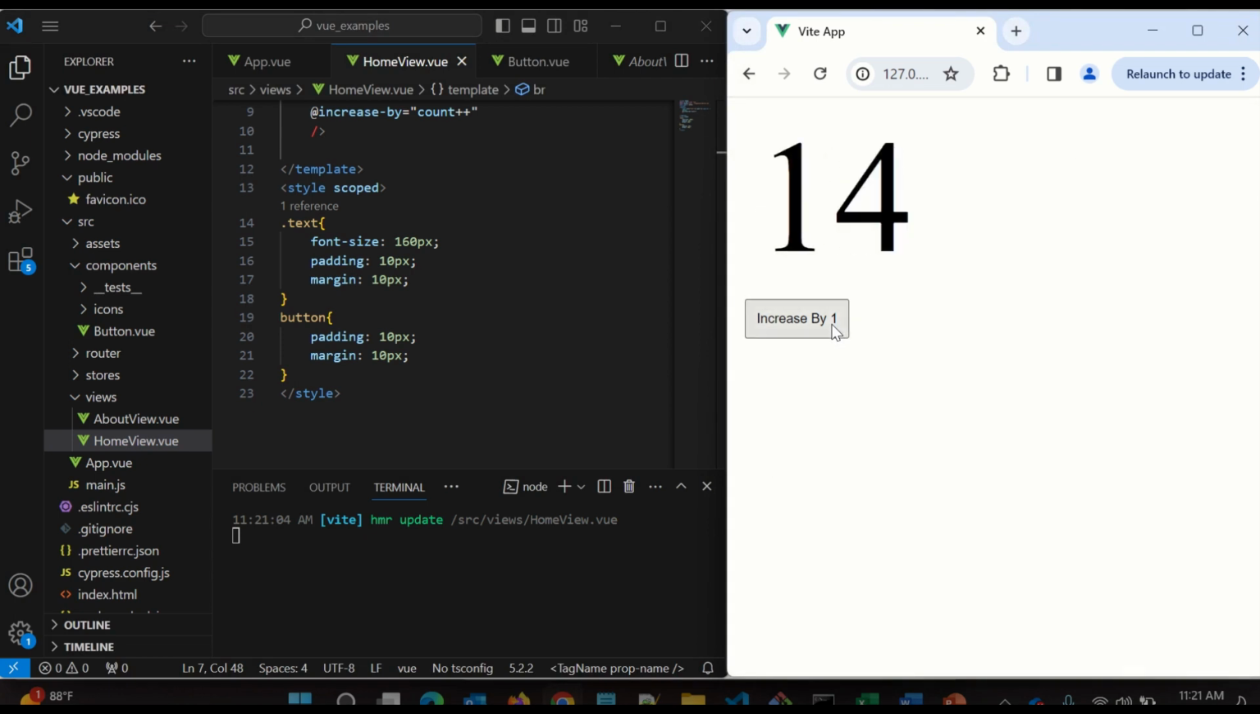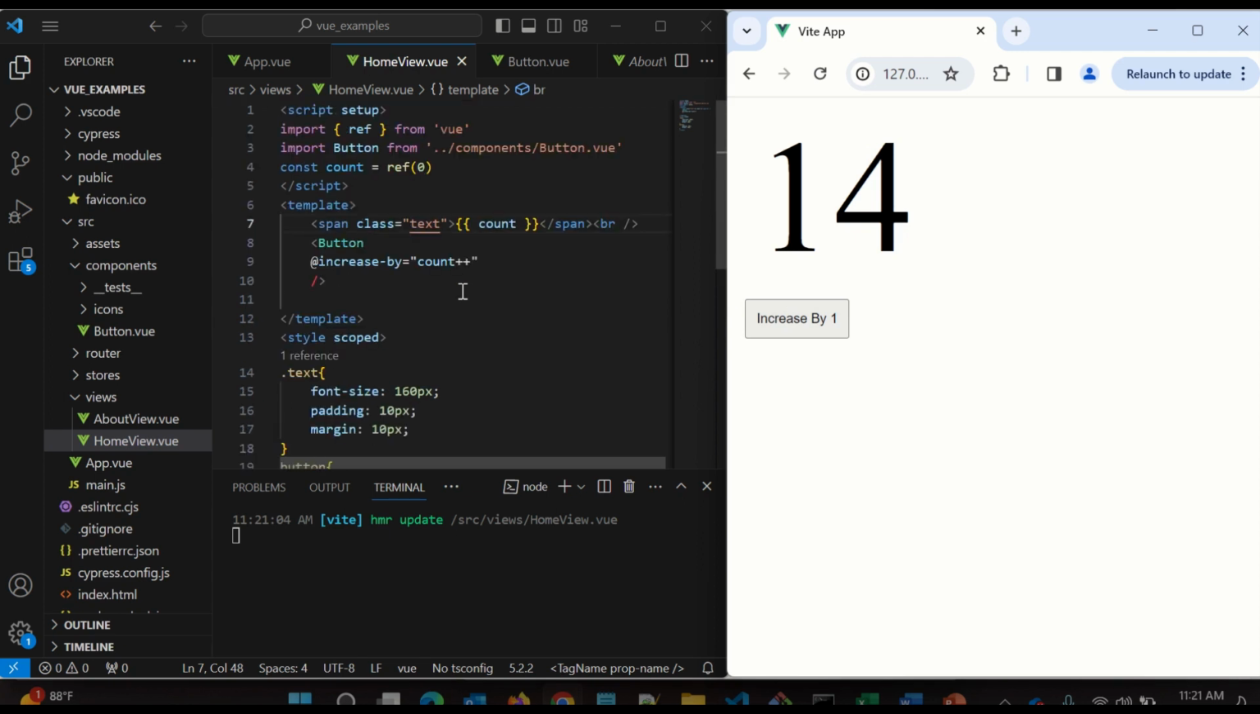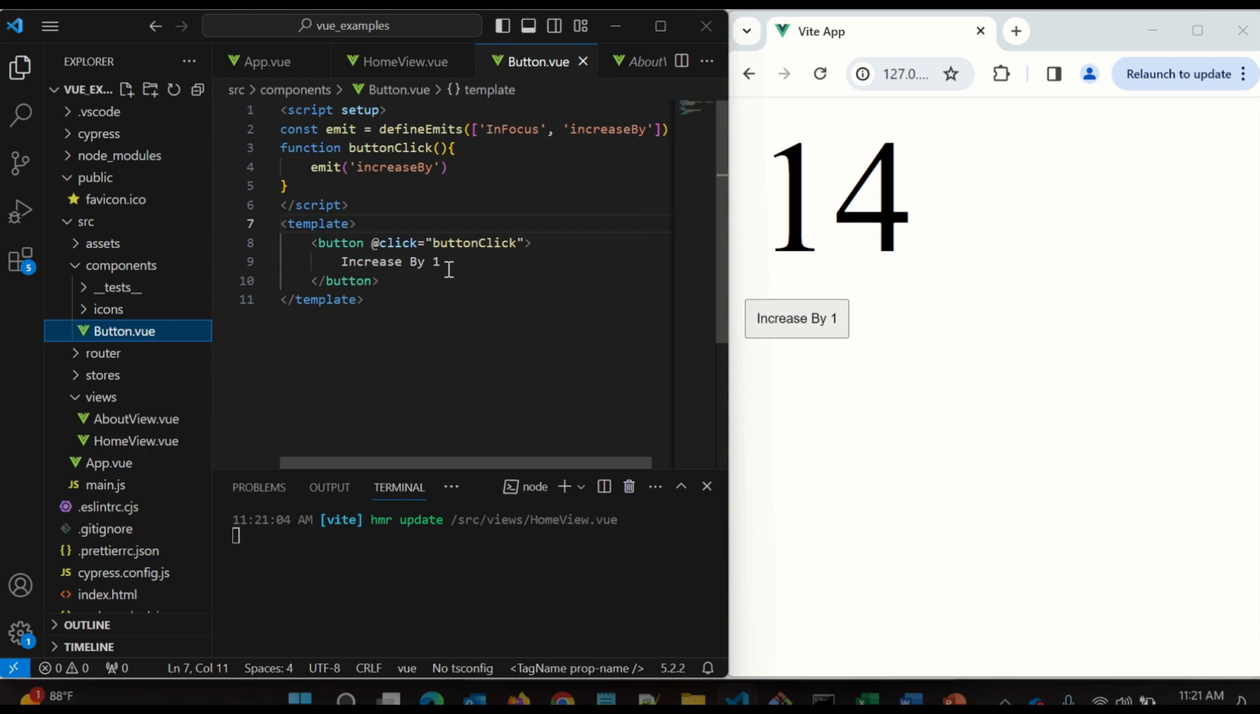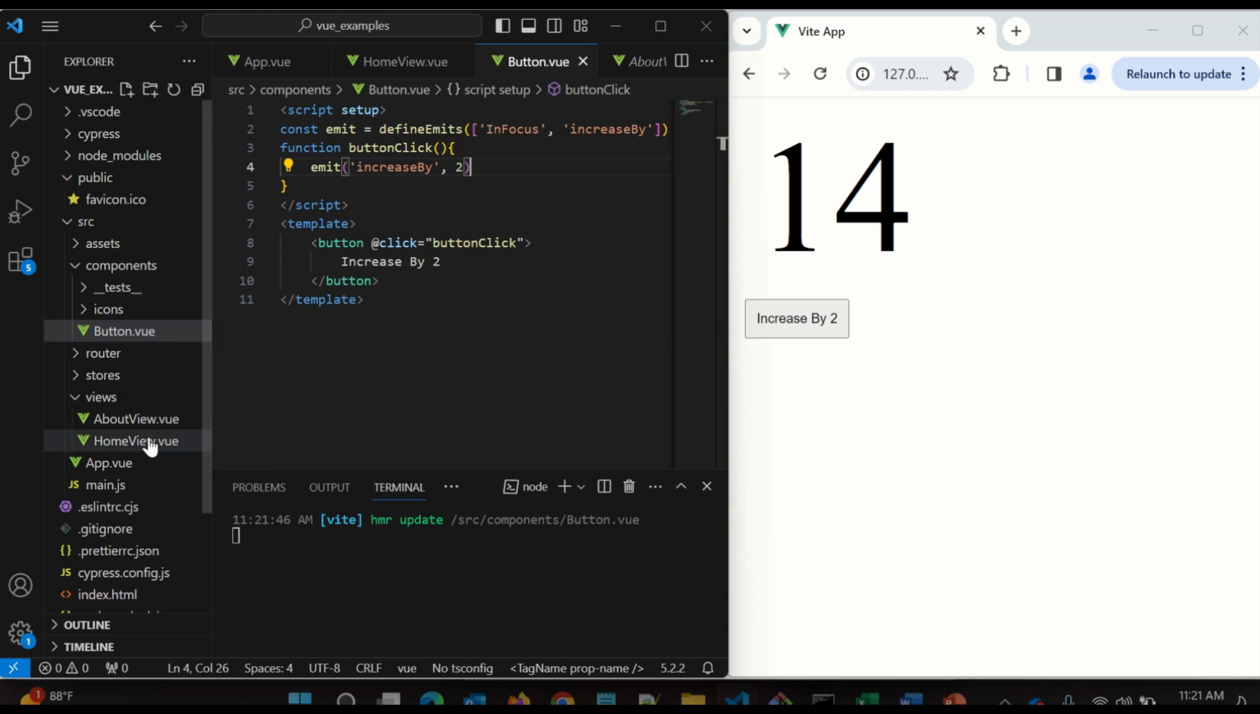But also we can emit and also send a parameter. So let's say that now we will not increment it by 1 anymore, but we will increment it by 2, and as a parameter we will have to save. Let's now go to home, and here